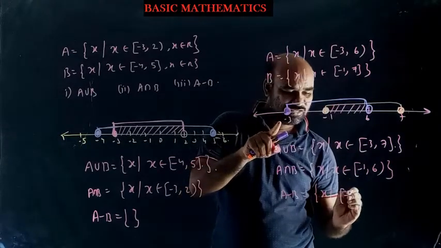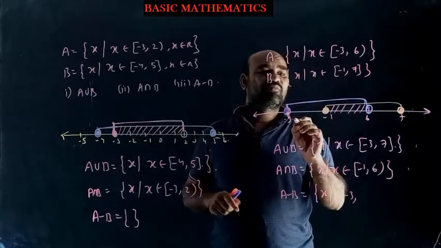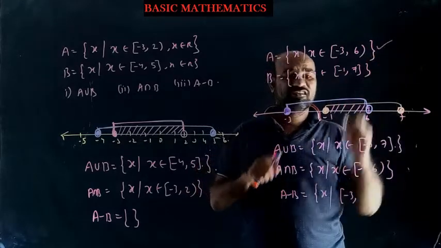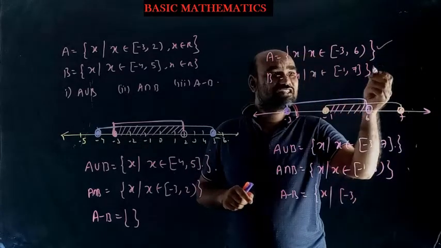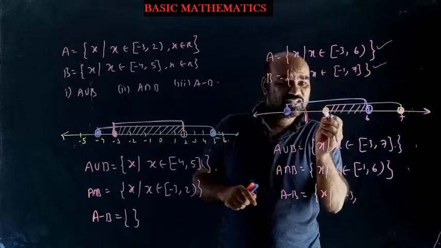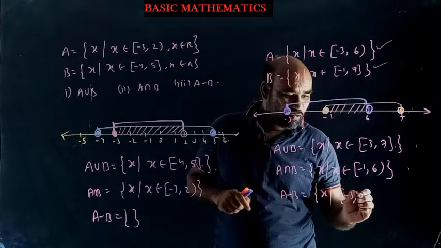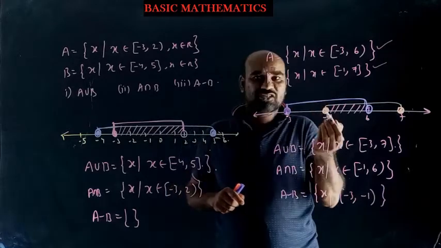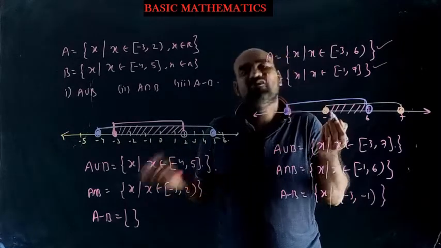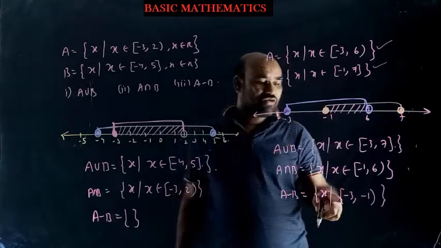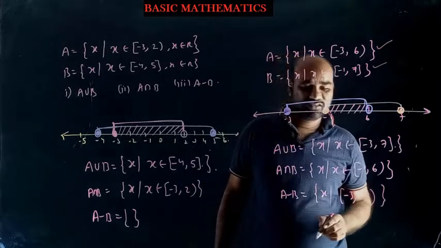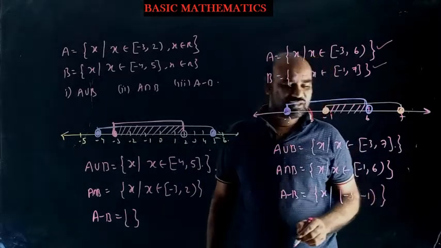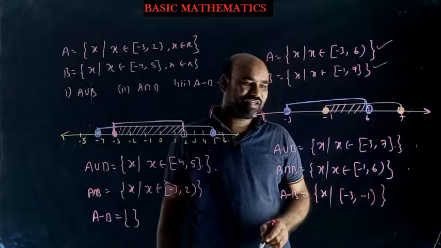closed. Actually minus 1 is there in the set of A. So that minus 1 is also there in the set of B, that should be removed. That's why this minus 1 should be removed. That's why open minus 1. So we can remove minus 1, but you can't remove the element which is left side of minus 1. That's why closed minus 3 to open minus 1 is the solution. This is for A minus B.